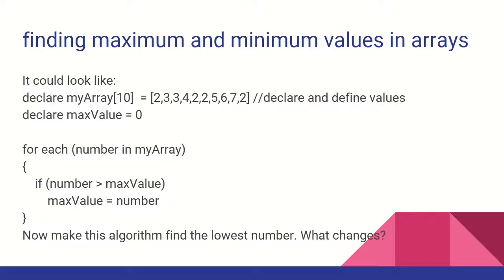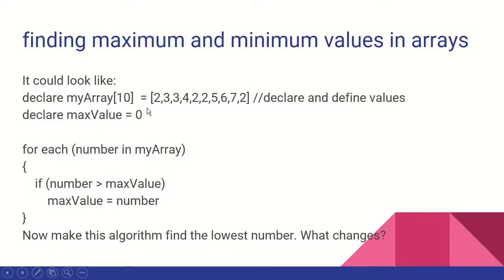If you look in the development, we have declarations of the array size and content, declaring the maximum value to be 0 because all the values start above 0. For each number then we look for: is number greater than the max value, which starts at 0? If so, it becomes the new maximum value. So when you step through for each number in the array, if number is greater than max value, as we see there,